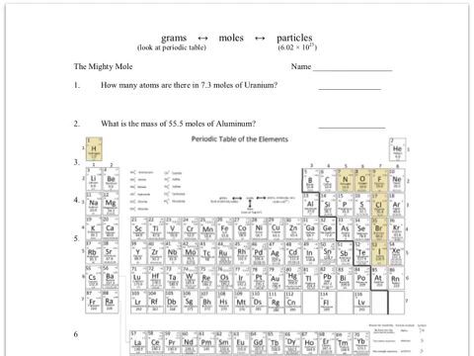So let's get started. The first thing you want to do is write down the amount of stuff you have. So what we have here is 7.3 moles, and we abbreviate moles that way, save ourselves a little effort. Multiply, draw a fraction line, and put the thing you don't want in the basement, which is moles. Now, what do I want to convert moles to? I want to convert moles into atoms. So I want to go from here to here, which means this is what I'm turning it into. So I'm going to put atoms up above,